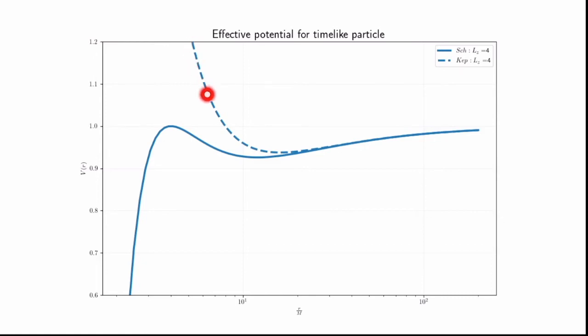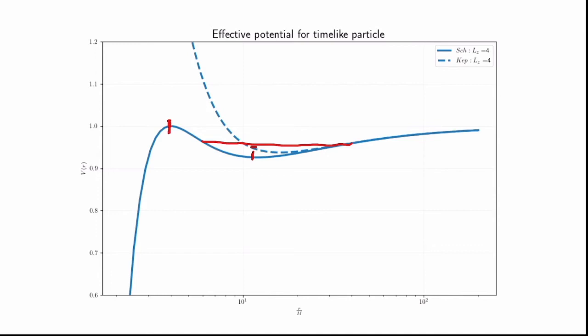In the case of a Newtonian or a Keplerian problem, you have one minimum at a given point and there is nothing else. Now, when you look at the Schwarzschild case, you have one minimum and then it goes over to a maximum and then it falls off. That means that if you leave a particle with an energy somewhere here, it would simply go and fall into the black hole. On the other hand, if you leave a particle at this point, it would be going in an elliptical orbit, and if you leave the particle here at the minimum, it would be going in a circular orbit. And now you see that at this point, circular orbit is possible.